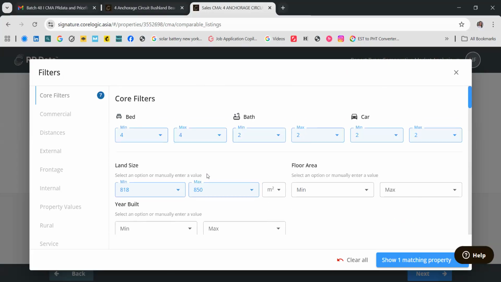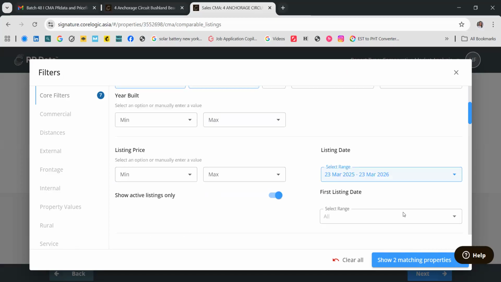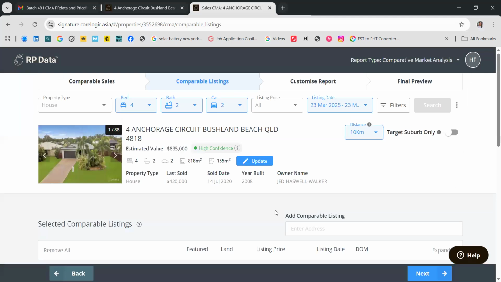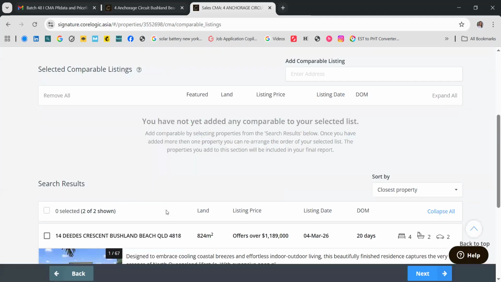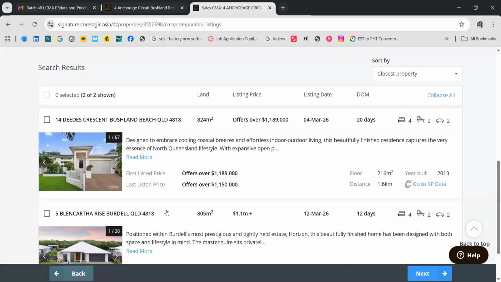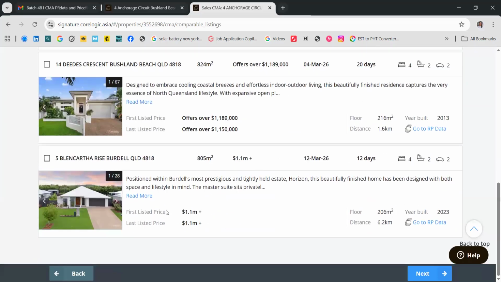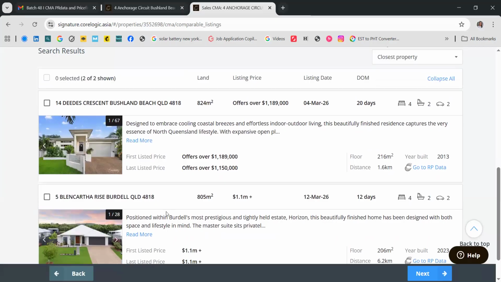Okay. Let's try to change the land size to 800. Okay, you see 2 matching properties. All right, so let's check. There we go. So it's in Bushland and in Burdell, Queensland.